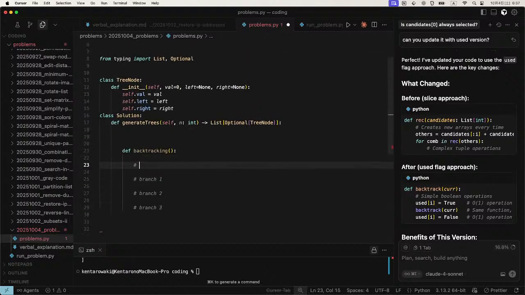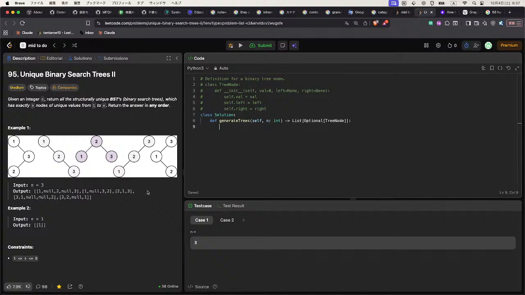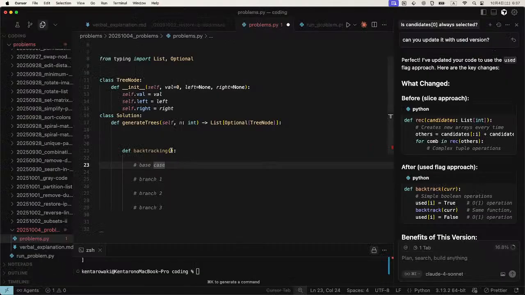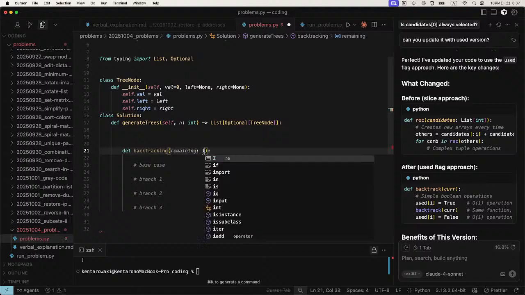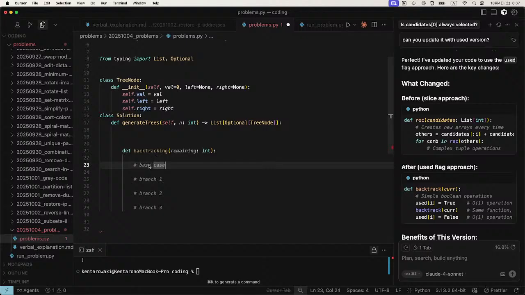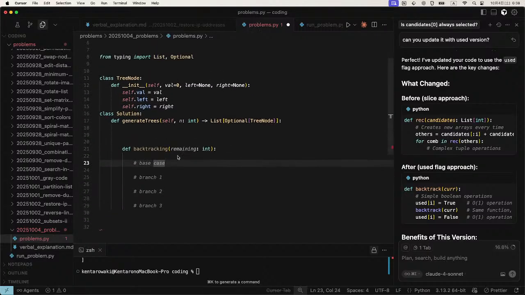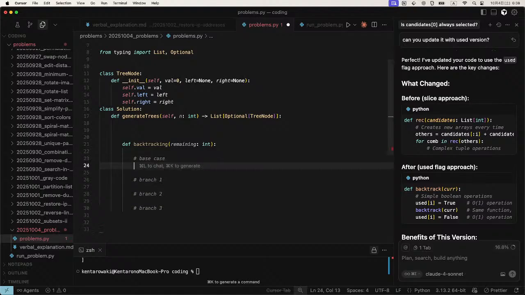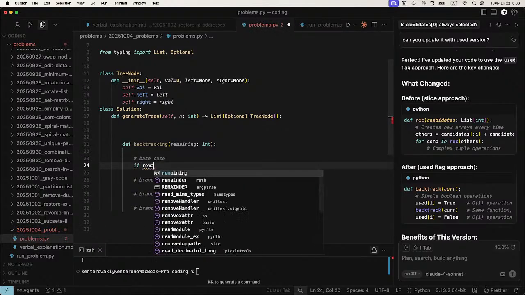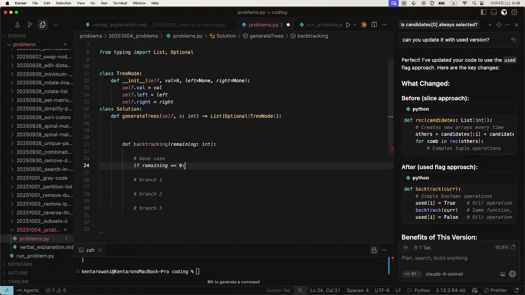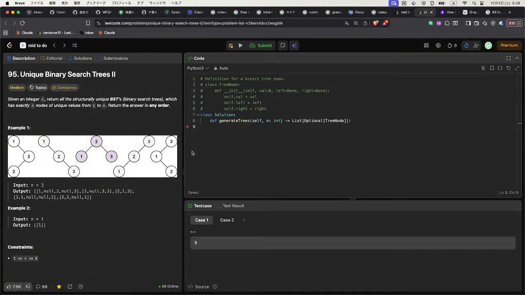Yeah, and the base case is the remaining number of nodes. Yeah, if it equals 0,